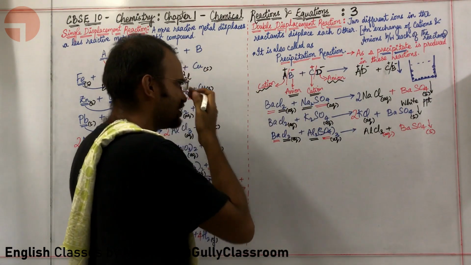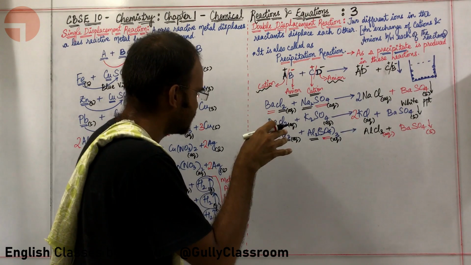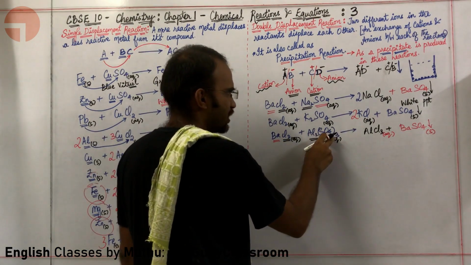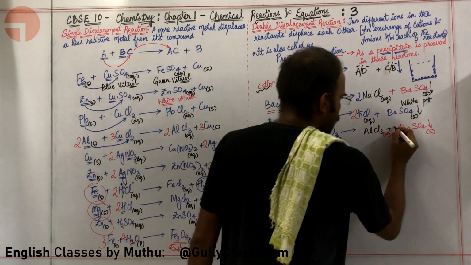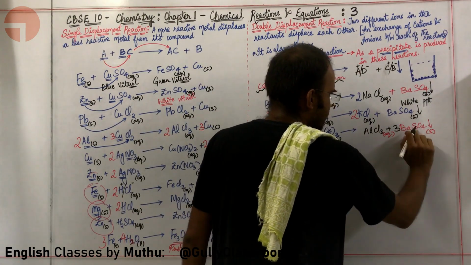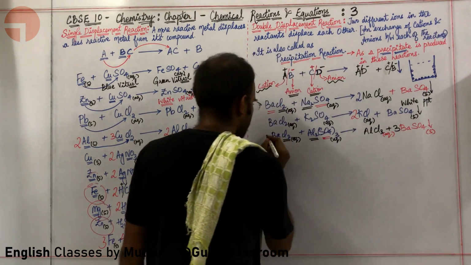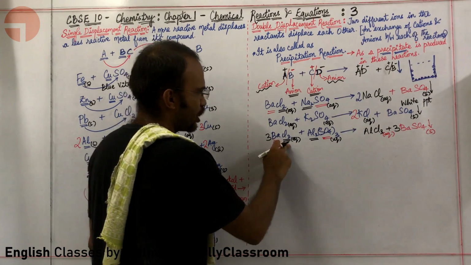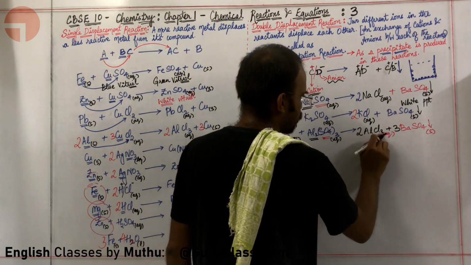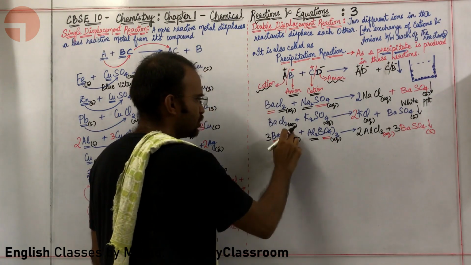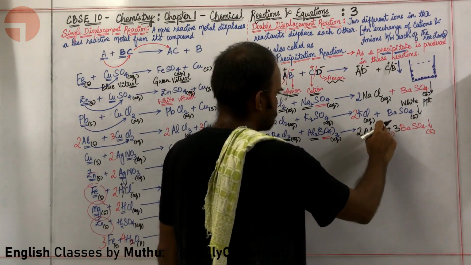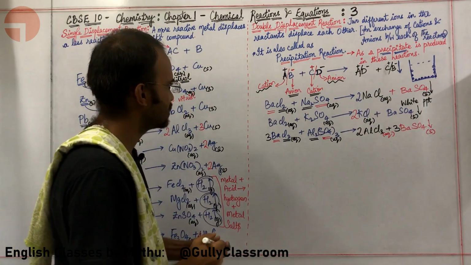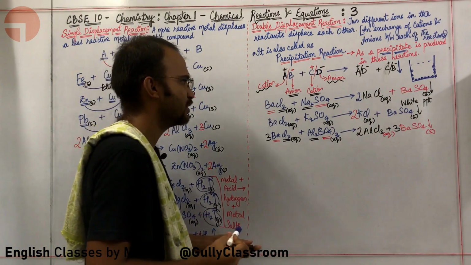I need to balance this particular reaction. How am I supposed to balance this reaction? Let me check it out. Okay. Here there is 3SO4. Am I right? Here there is 3SO4, so I am going to put a 3 here in order to balance this SO4. Barium has become 3, so I am going to put a 3 over here. Chlorine has become 6. In order to accommodate that, I am going to put a 2 over here. 2 into 3 is 6. Here 3 into 2 is 6 chlorine. Aluminium has become 2. Here also aluminium is 2. This is a balanced equation. Yeah, absolutely. This is a balanced equation.